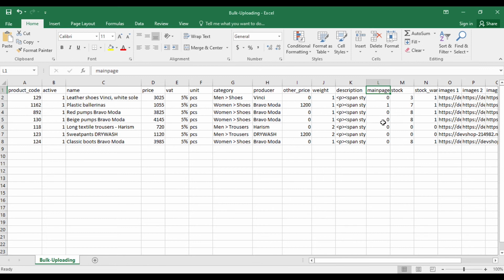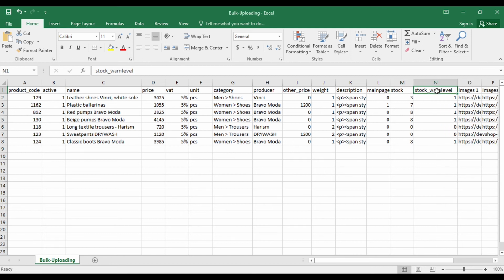We can input numeric 1 or 0. Setting numeric 1 will set the product on the homepage under section Recommended Products. Stock allows you to set the available quantity in inventory. Stock 1 level. It's a threshold stock value. On reaching the quantity set for stock 1 level, the admin would get a reminder on the dashboard of the